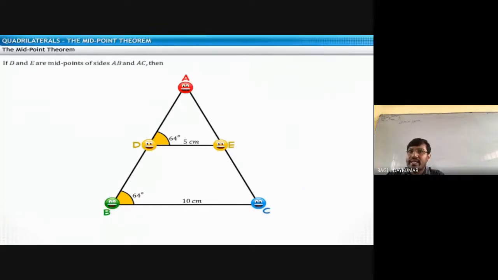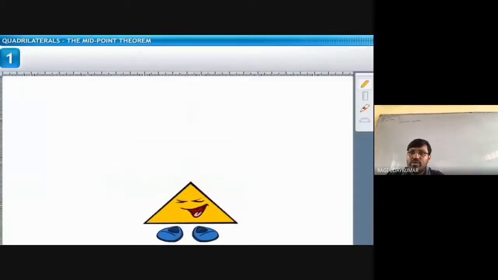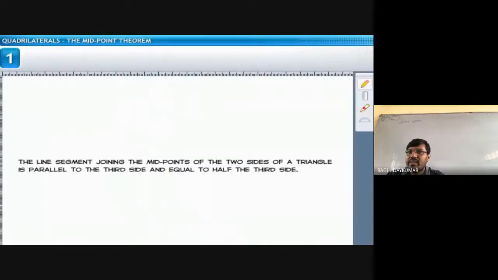Just draw the triangle without proof, construct the triangle like this and check it, you are going to get it. And draw the parallel line here. So D and E are the midpoints of the sides AB and AC. DE is parallel to BC and DE is half of the BC. Half, 5 centimeters means here it will be 10; there, 2 centimeters means here it will be 4 centimeters. So that is the midpoint theorem. Did you understand the midpoint theorem? Did you understand the statement?